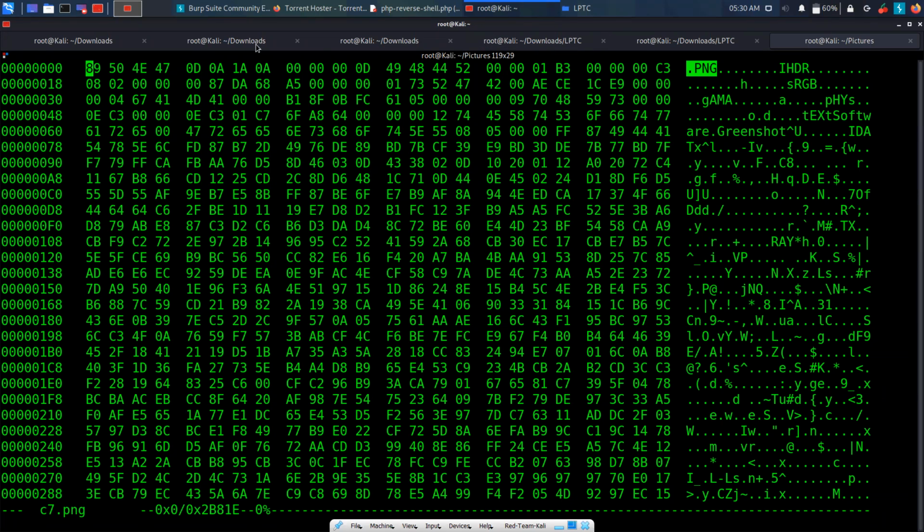So if you can see .png over here and you can see these Magic Bytes, what we can do is change these first 8 bytes to a zip file and try to upload it. If zip files are allowed and the server is only checking the Magic Bytes, then our file will be allowed to get uploaded. So it's not a good habit to only check Magic Bytes. The good practice is to check for Magic Bytes, to also check the content type header, and to make sure the malicious user is not able to bypass via any type of double extension or adding layers and try to bypass the file upload.